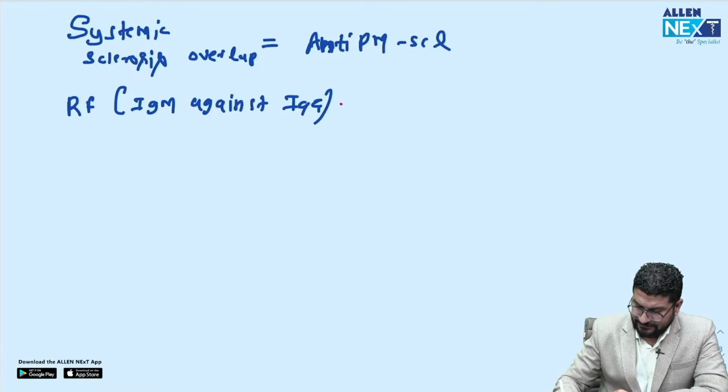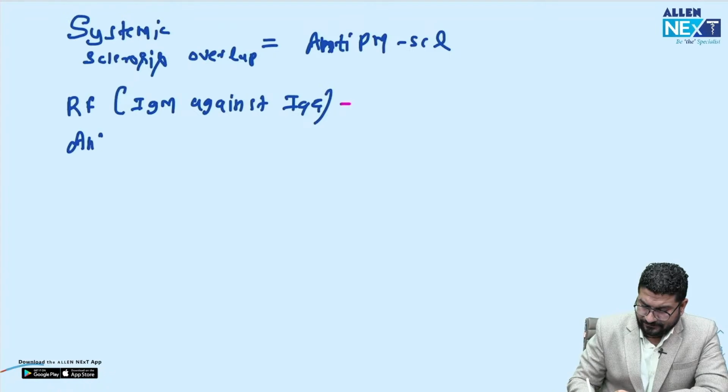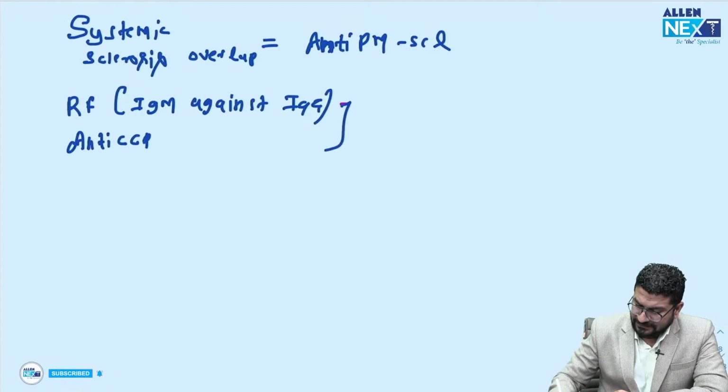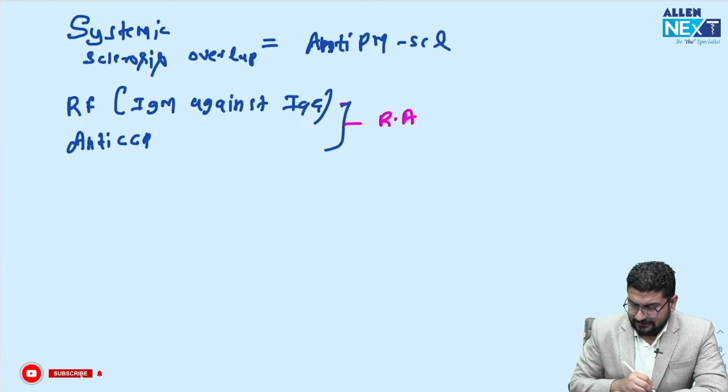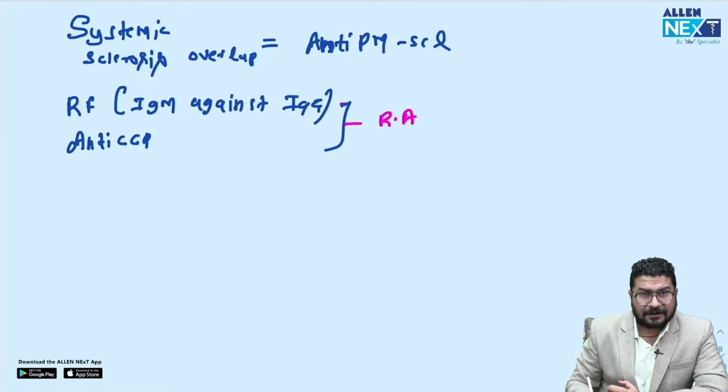IgM against IgG. So this rheumatoid factor and anti-CCP, anti-cyclic citrullinated peptide, is seen in a patient with rheumatoid arthritis. The most specific will be anti-CCP, anti-cyclic citrullinated peptide. Then I can say a person who is having some non-rheumatological conditions, like I can say